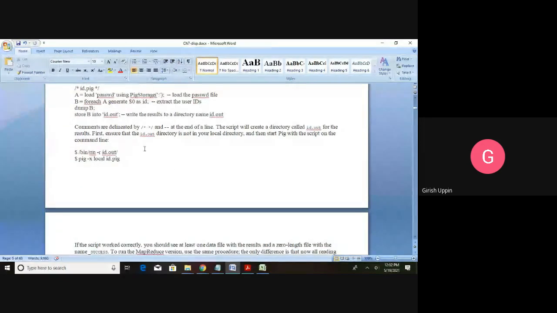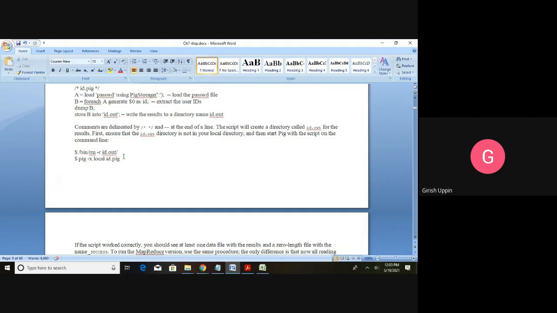Suppose you want to ensure that all the results are there; you can check the output directory. In order to run this particular script, the best way is, before running it, first make sure that you delete that folder if it exists. How to do that? We have /bin/rm. rm is the command used for removing or deleting a directory or file. Here I have rm -r, which recursively deletes this folder, id.out.